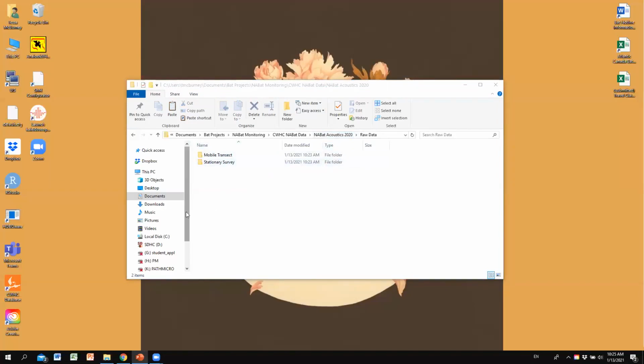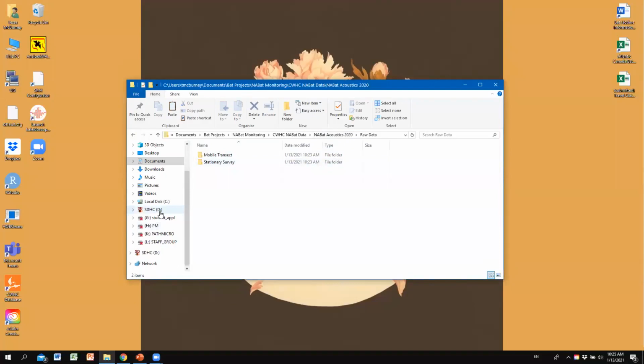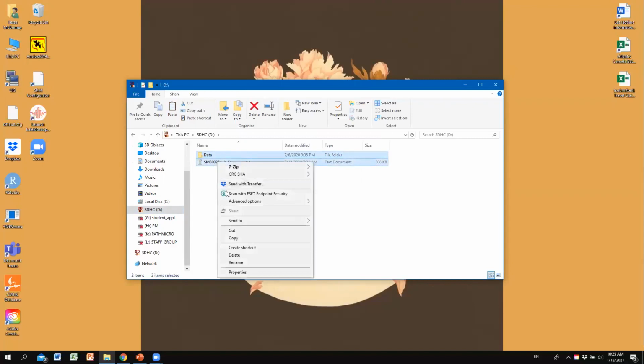Okay, so now we can copy our data over. So I'm going to go back to my SD card data. The SD card I have in here is from our school site. So I'm just going to copy all of that data from the SD card. And I'm going to go back